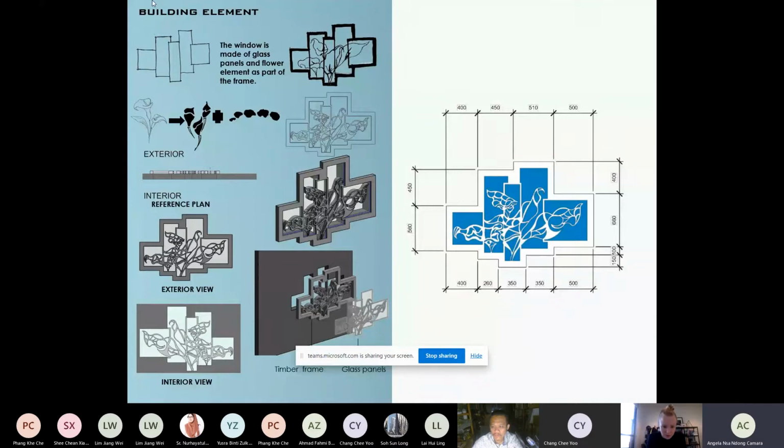So my building element is inspired by that and is related to my new grammar of ornamentation. The frame is timber, and as I said before, it is made of timber and glass.